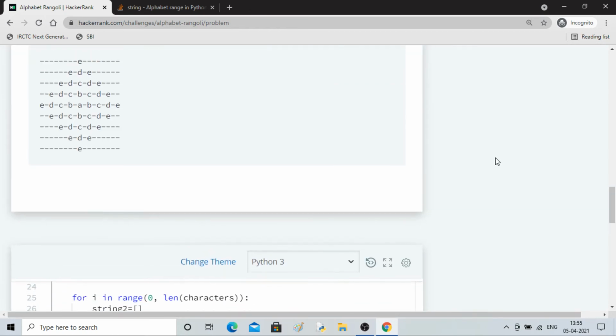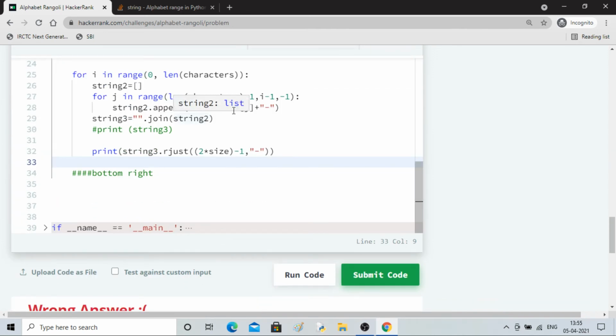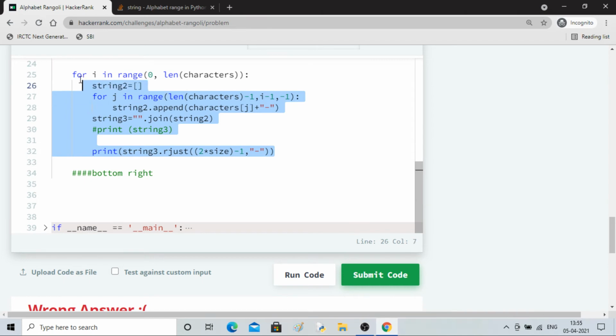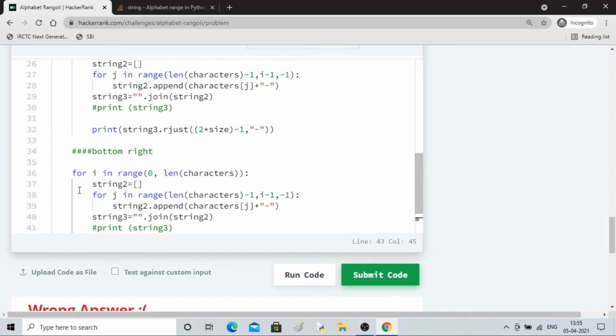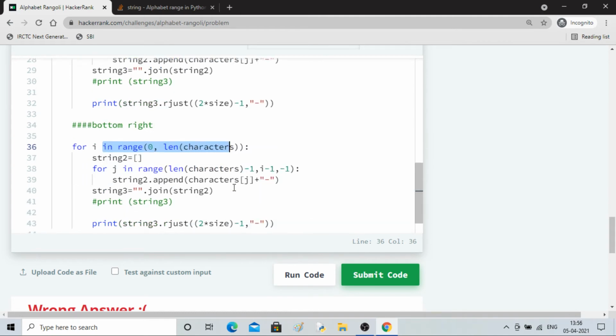So what is in the bottom right? We are till here. What we have to print is these in full. I'll take it from A and remove A later on. So A to E, then B to E, then C to E. It is going in the forward direction. I'll copy these, paste, and work on the same thing. It has to go from 0 to length of characters, 0 to 5.